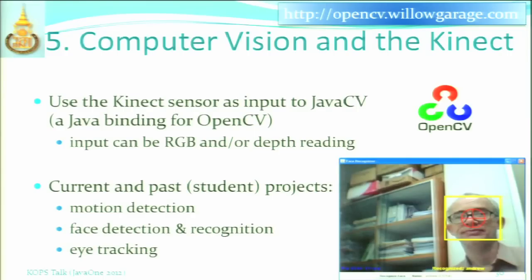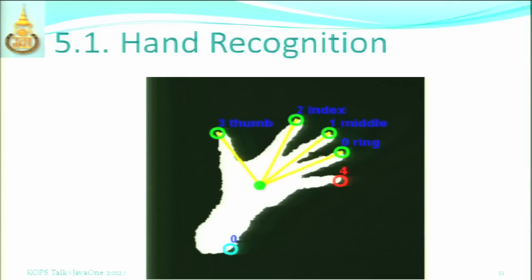I'm going to use hand recognition. So the idea here is I'm going to put my hand in front of the Kinect, and it's going to detect my hand. And more than that, it's even going to be able to work out which finger is which. Now, I should say, again, it's a little bit